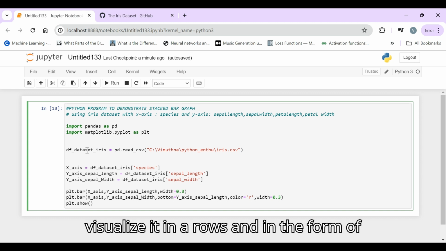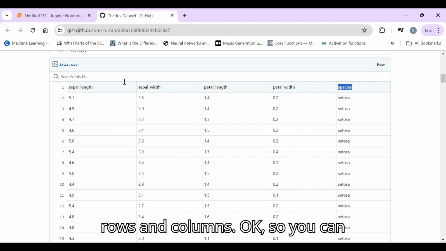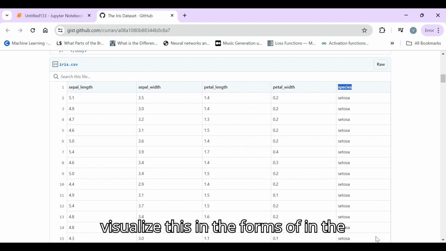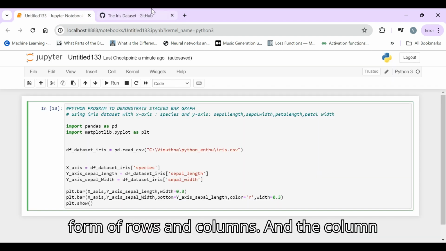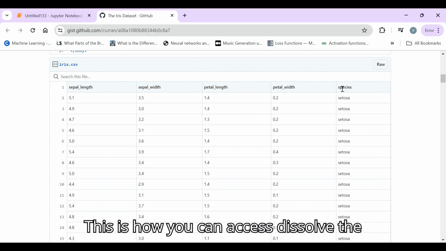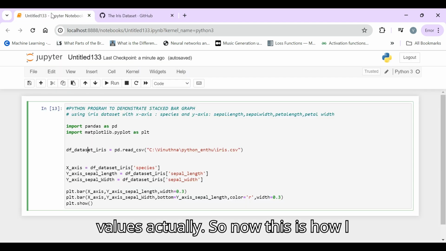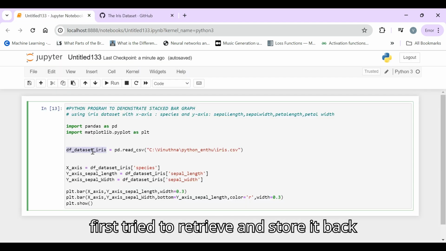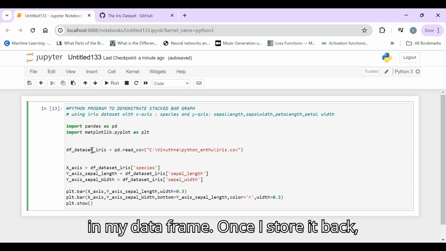You can visualize it in the form of rows and columns. The column names are sepal length, sepal width, petal length, petal width, and species. This is how you can access all the values.